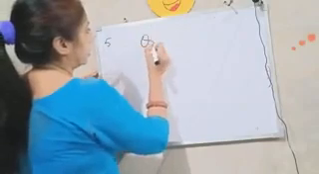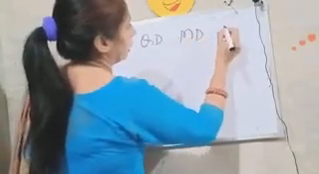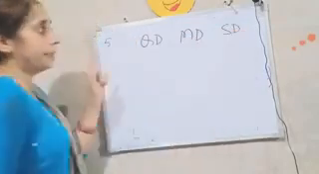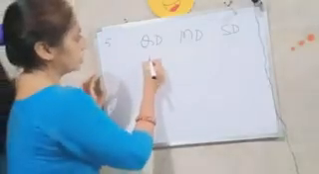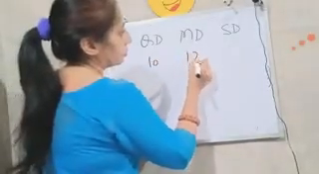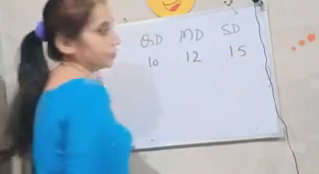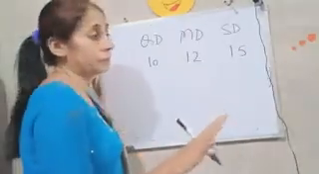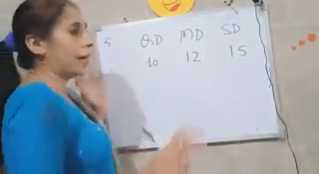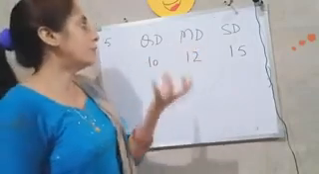Fifth property is that if we are calculating quartile deviation, mean deviation and standard deviation, then the proportion of these three will always be 10 is to 12 is to 15. This is mathematically proven that if you have a fixed data series and you are calculating